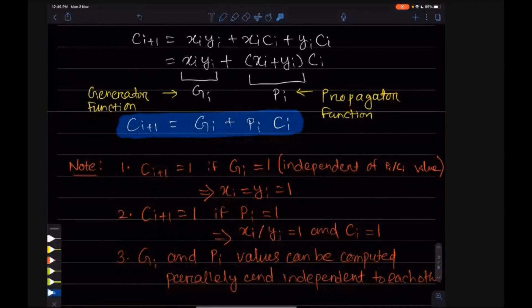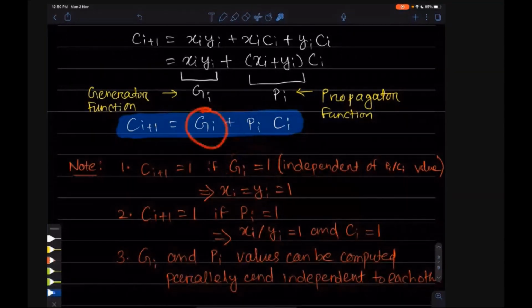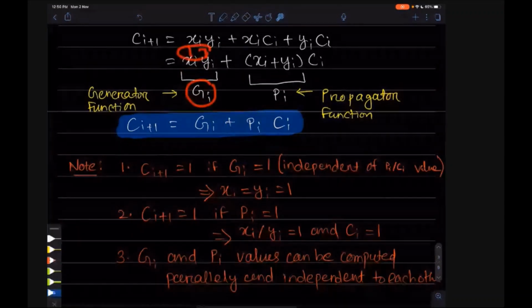If you know the OR truth table, whenever either this or this is 1, then the output will be 1. So there are two cases: when gi will be 1 and when this part will be 1. Let's take the first one. gi will be 1. When gi will be 1, gi is what? xi and yi. When gi will be 1, xi and yi both will be 1, because it is an AND operation.